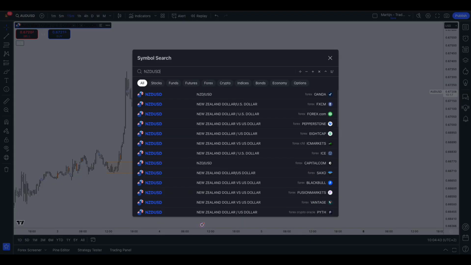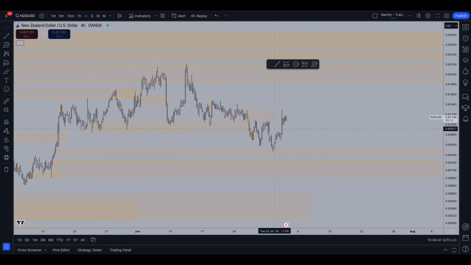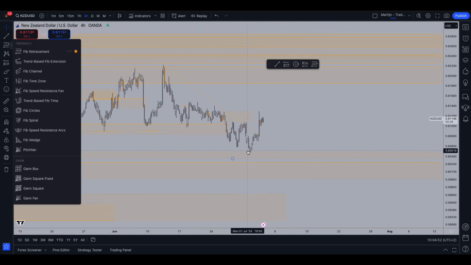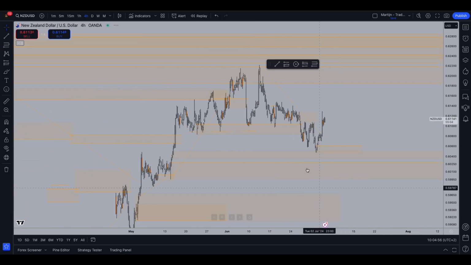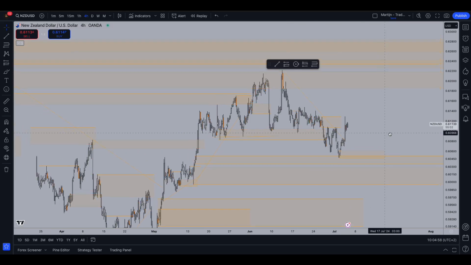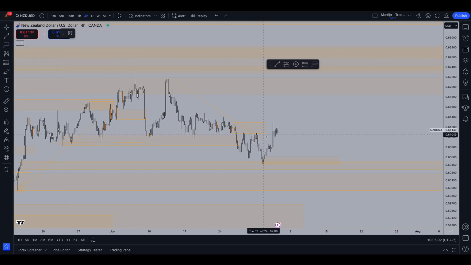Now that said, moving over to the NZD/USD, we see a similar scenario happen. Right now we had a break of the trend. We had a demand zone below in here. So this already is what I said in my previous videos, right? We had a demand zone in here. Price could be reacting to it. I was waiting for a little bit of a push lower, but for now we still got that clean break